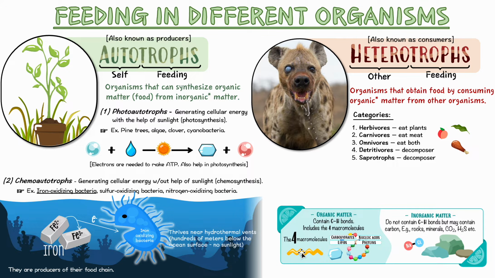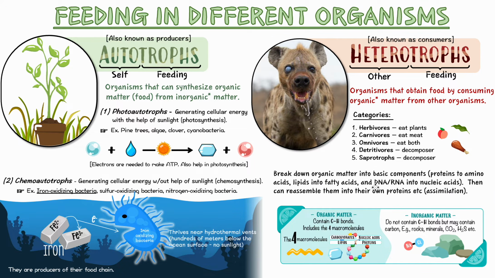Our triglycerides, these fats, we want to break down into fatty acids. The point is, we want to break down all of this organic matter that we ate into its basic components, right? Just like I just mentioned. Because now, if we have these basic components, we can synthesize the proteins that we need. Maybe you don't need the protein of the organism you ate, but you want to make your own proteins. And at the end of the day, all organisms make their own proteins with amino acids. So if we can break down their proteins into amino acids and reassemble them into our own proteins,